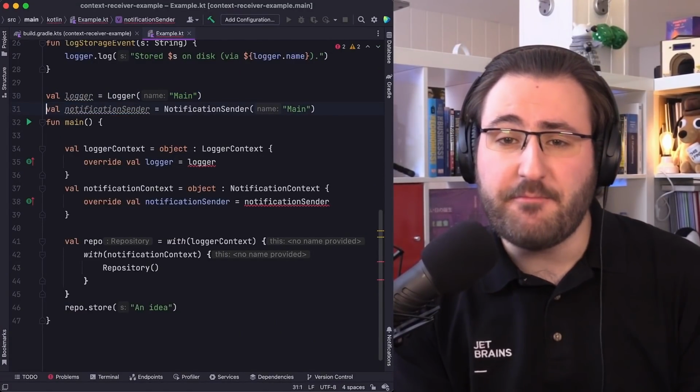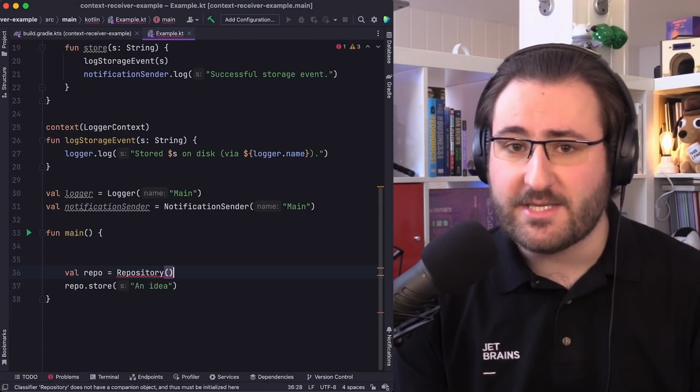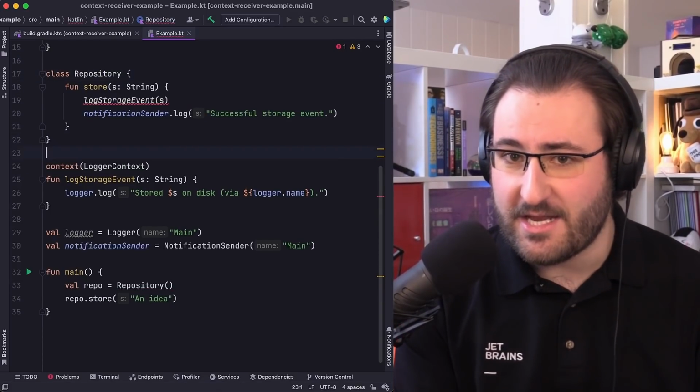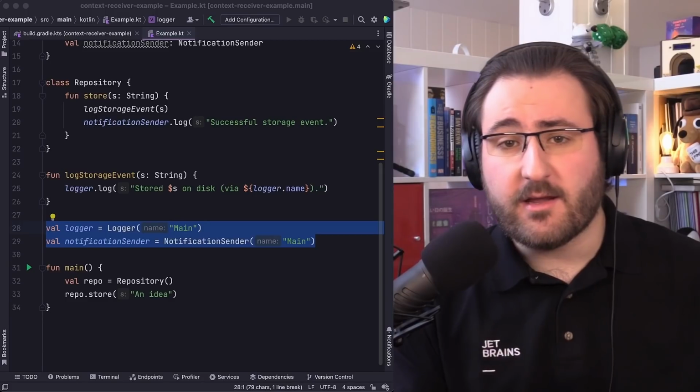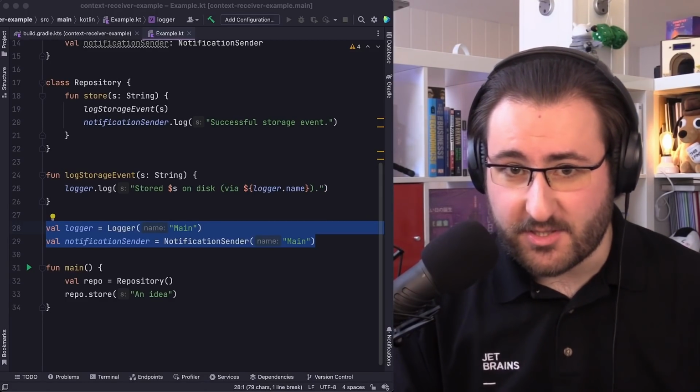Thankfully, the folks designing the language feature provide some guidance on that topic. Context receivers shall be used to provide additional ubiquitous context for actions. As a litmus test, ask yourself if that information might have been provided via a global top-level scope in a similar application with a smaller architecture. If the answer is yes, then it might be a good idea to provide it via a context receiver. Well, that's useful to know. Let's see if this quick test actually works for our example code. Well, if my application had a simple architecture with very few moving parts, I would probably just have a global logger and notification sender instance, just hard-coded. So we can conclude context receivers are a good fit for such a situation.